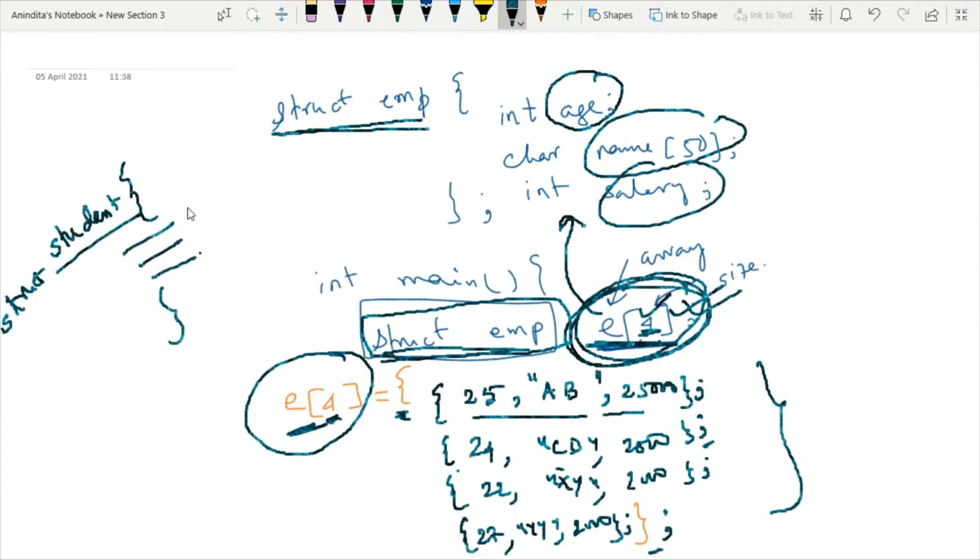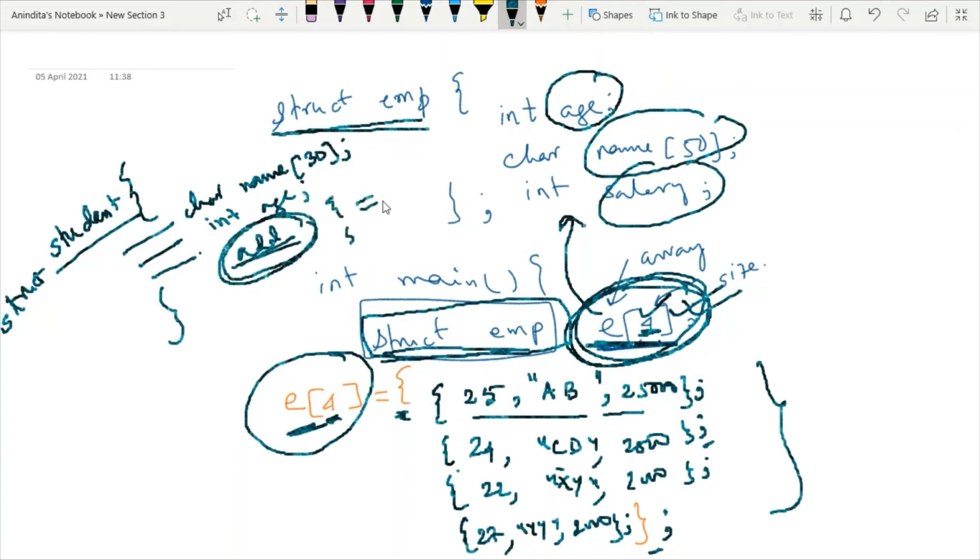What is that problem? Say I can store the name of the student as a character array, so there will be no issue. And also I can store the age of a student. But the problem is when I want to store the address of a student, because the address of a student may have many subfields like locality, city, pin code.